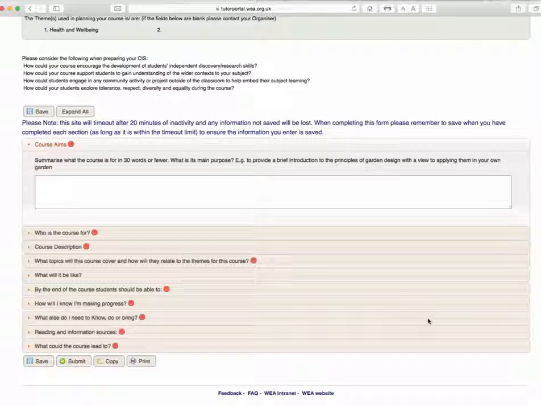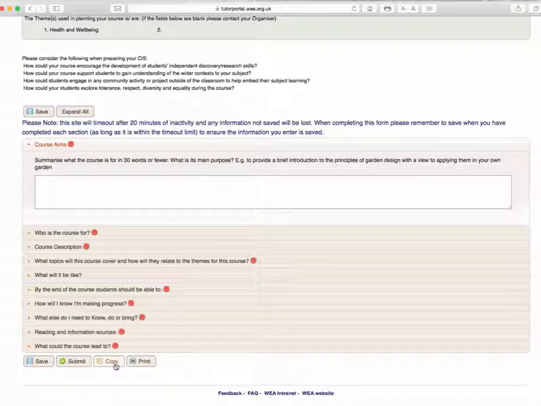If you want to copy course information sheets from previous ones you've completed through the portal, you can use the copy function. When you click on this button, it brings up a search menu that enables you to search for a particular course information sheet, for example, through the name or the activity ID.